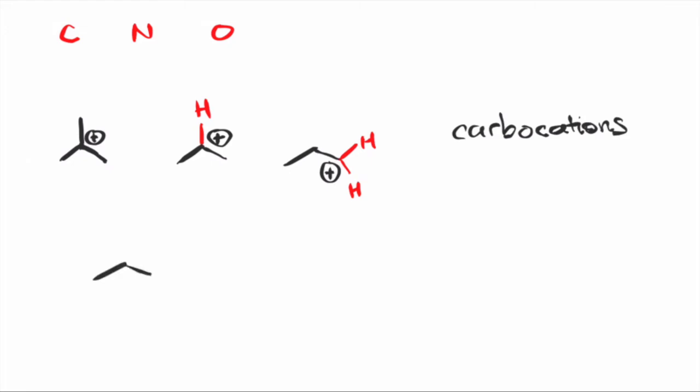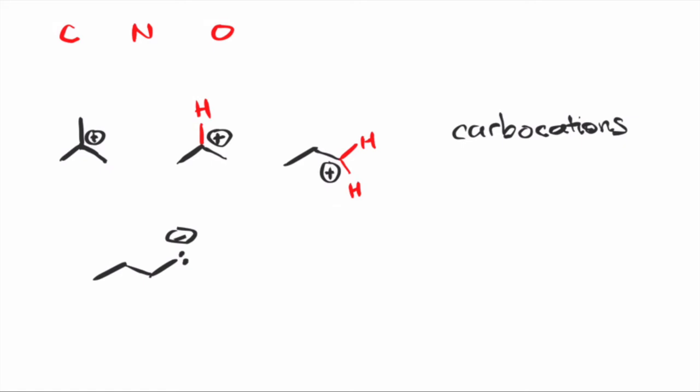Now let's take a look at the opposite case. Instead of a positive charge, you can also have a negative charge. Negatively charged carbons are called carbanions, and they are a result when a carbon has 1 extra electron than it should have, so a total of 5 valence electrons. Because of those 5 valence electrons, a carbanion will have 2 of those electrons be a lone pair and the other 3 to be in a bonded pair.